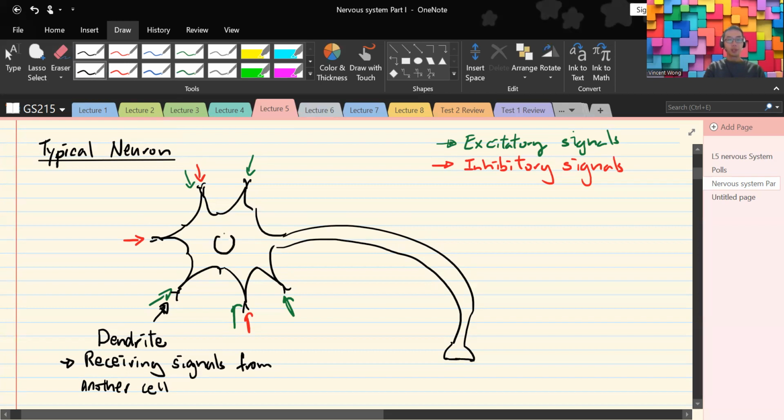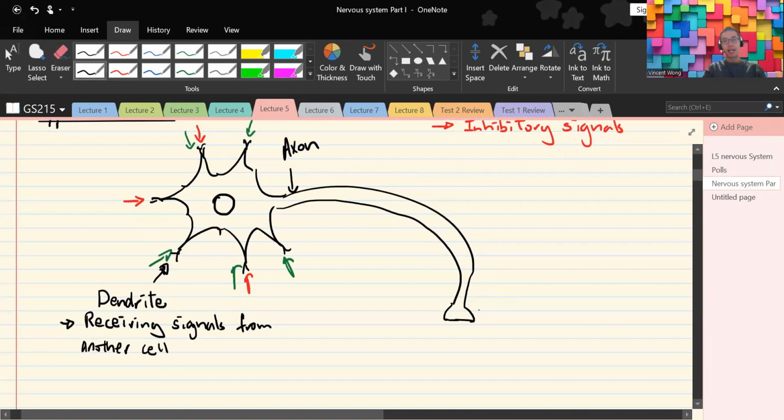So you would have your nucleus here in the middle and all the organelles that you're supposed to have in a regular cell, the mitochondria, the Golgi body, and all that stuff. Now this here is a particularly long extension, and we call that the axon. The function of the axon is to transmit the signal down. The signal initiates from the cell body, and it goes all the way down the axon. When the signal gets to the very end, this location is called the axon terminal,